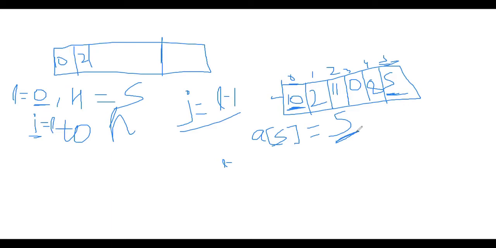You are with me? If A of i is more than 5, we do an operation, right? So what we will do is that in the beginning, we will say, okay,